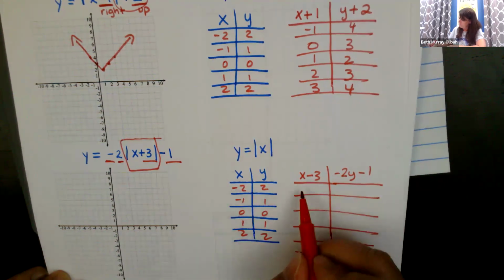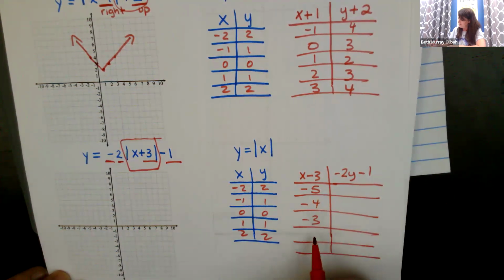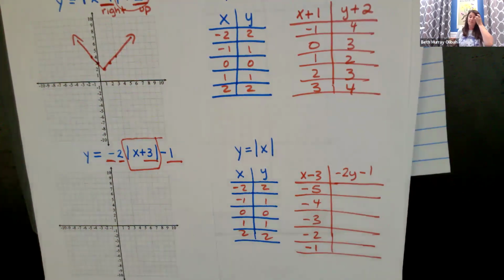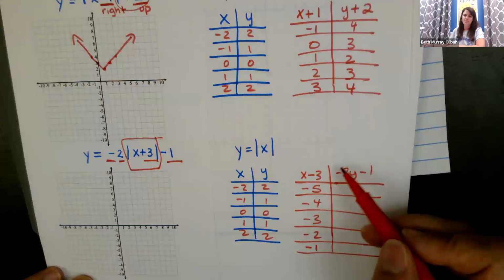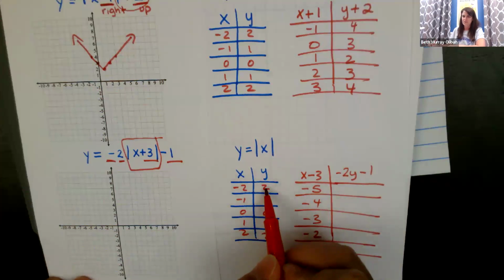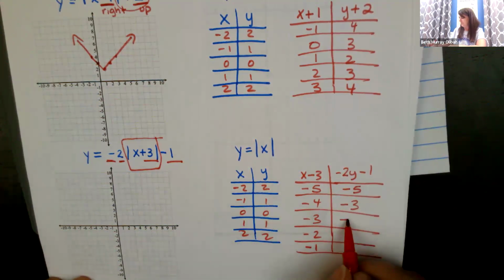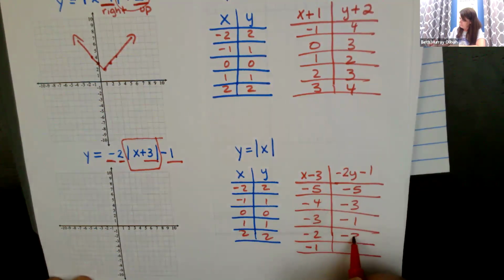So -2 minus 3. -1 minus 3. 0 minus 3. 1 minus 3, and 2 minus 3. That one's pretty easy. This one, just be careful. Make sure you multiply first and then subtract 1. So 2 times -2 is -4 minus 1. 1 times -2 minus 1. 0 times -2 minus 1. 1 times -2